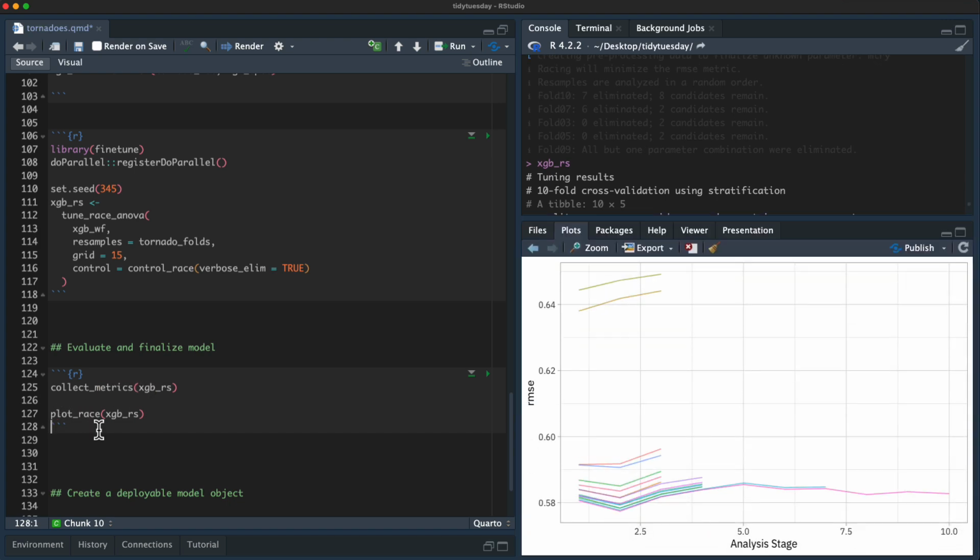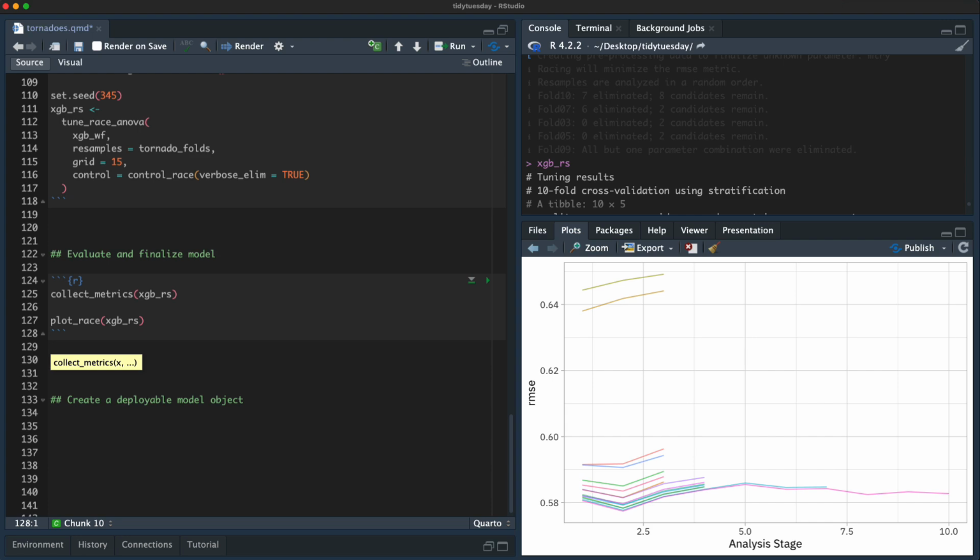Okay, we can also get a visualization of how the race went. Notice that we started over here and then go across to the right. At the beginning, we tried all the hyperparameter configurations, and some of them are super bad, and we can throw them away after only a few iterations. And then we keep going, and we can throw away more. We only had 2, and then it decided, okay, I can throw away that one as well. I have enough statistical evidence that this one is better than this one, and then it keeps on going just with the one all the way to the end. So that is our racing, which is excellent.